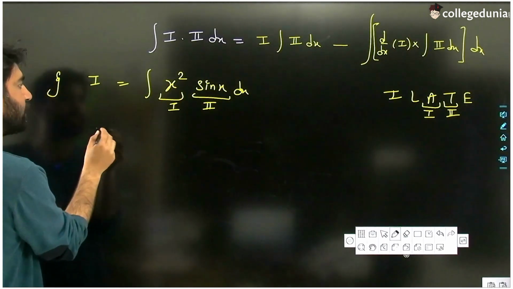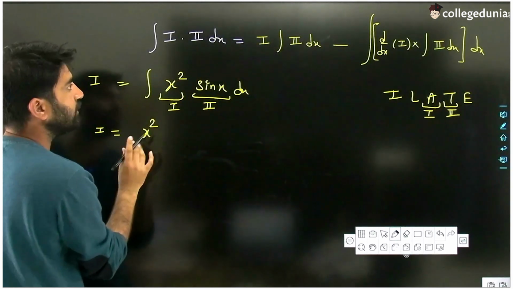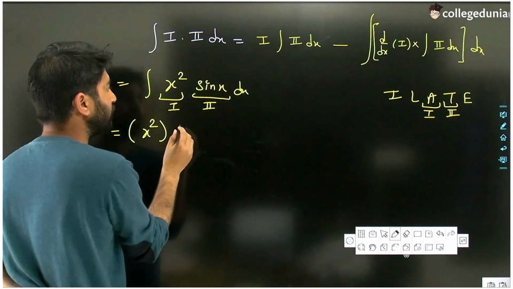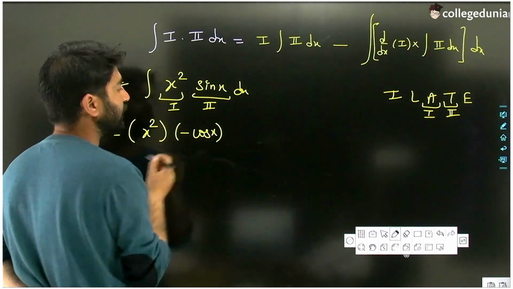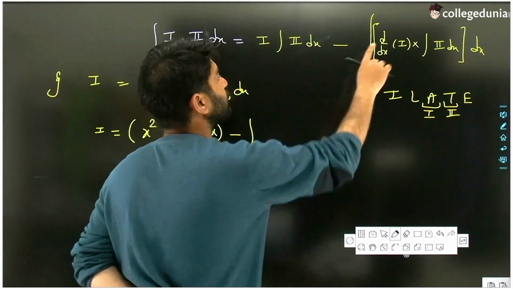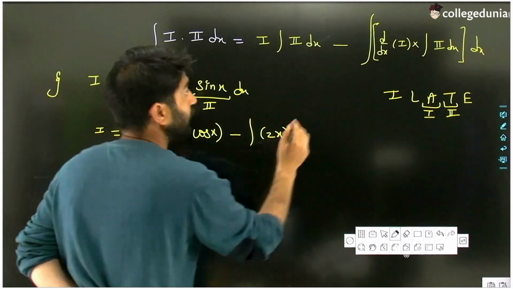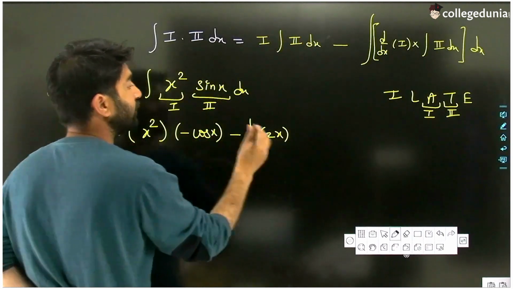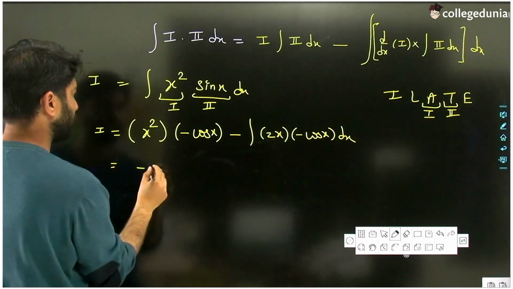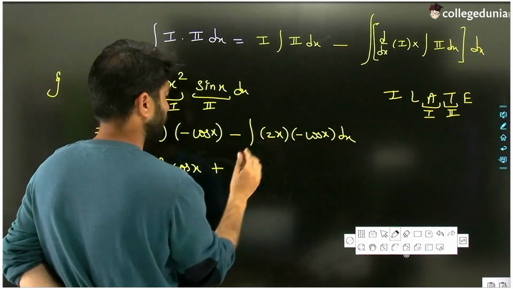Apply the by parts rule here. According to the by parts rule, the first function is written as it is. Then the integration of second, the integration of sin is minus cos. Then minus, the differentiation of first, the differentiation of x square is 2x, and the integration of second, the integration of sin is minus cos. So now this is minus x square cos x, minus and minus will be plus, and now we have